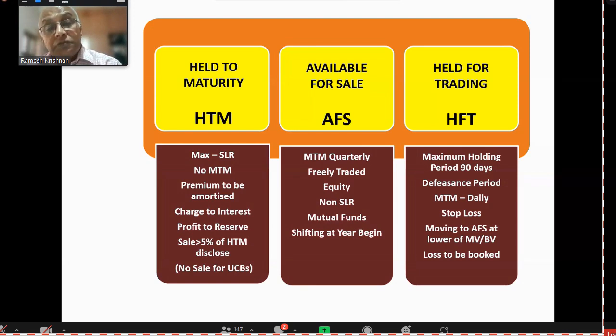And these securities acquired in HFT could be marked to market daily, and the stop loss trigger will be monitored by back office and mid office. Front office will also have to monitor because otherwise they will be pulled up for breach of policy. And at the end of 90 days, if you are not able to book a profit and come out, or not able to book the loss, but you want to continue it,